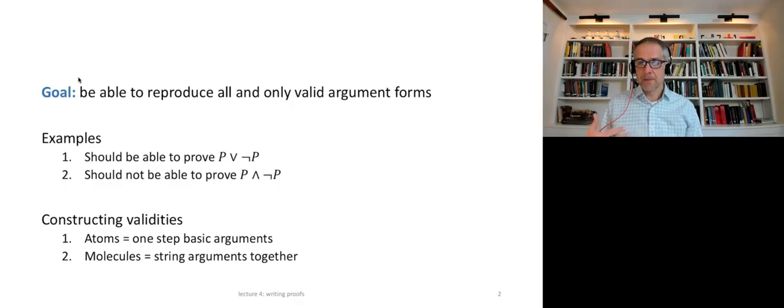How will we do that? We'll approach it in almost a chemical fashion, so to speak, the method of analysis, where you start with atoms, that is the smallest units of valid argument. Those will be one-step basic valid arguments. I'll give a couple of those to you in this session. We'll grow that list over the next few sessions. Then out of those basic building blocks of one-step valid arguments, we'll string those together to form these larger molecules, in other words, longer valid arguments, with the claim being every valid argument whatsoever can be constructed in this fashion. So that's going to be our